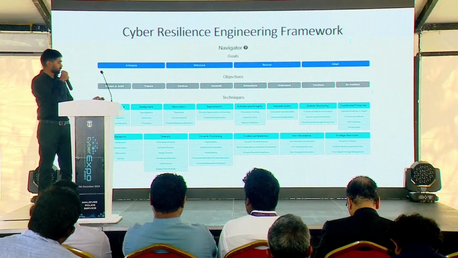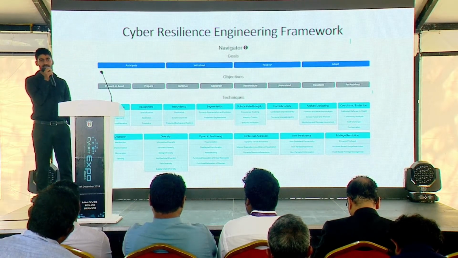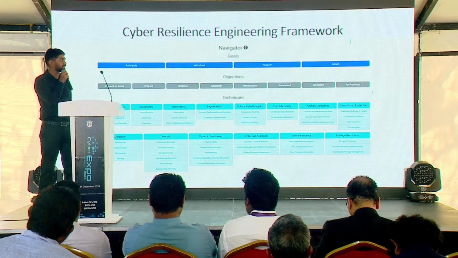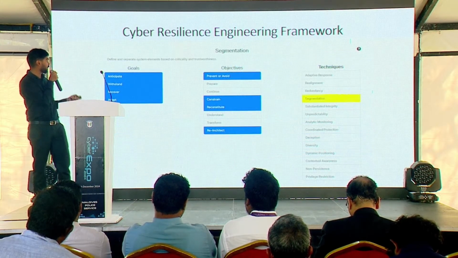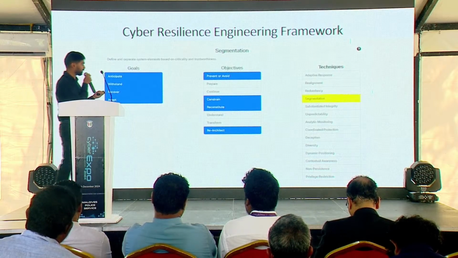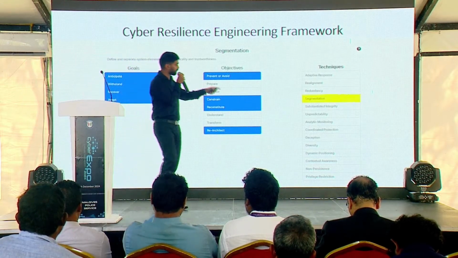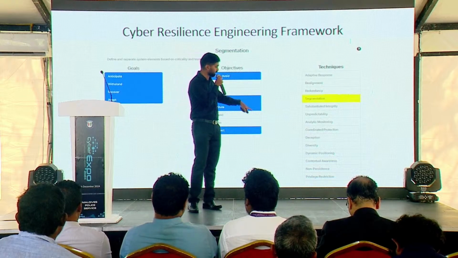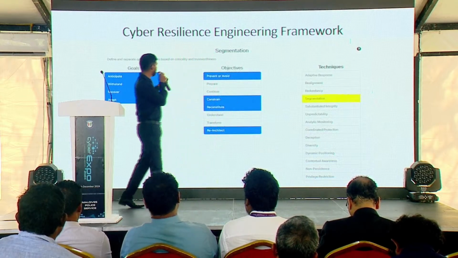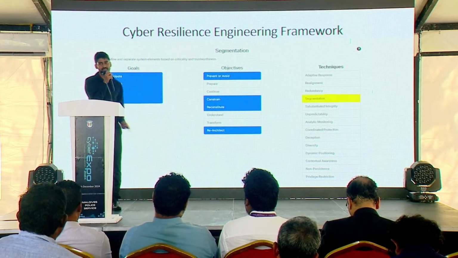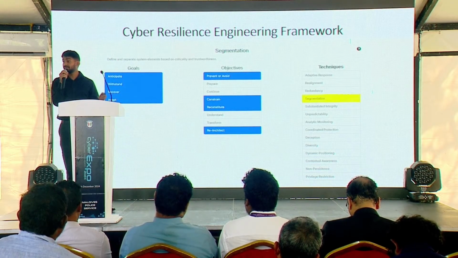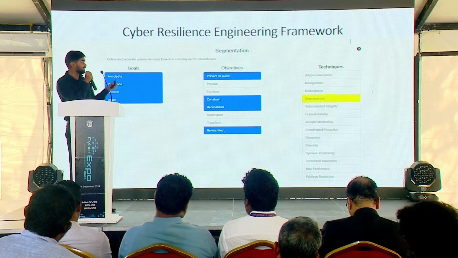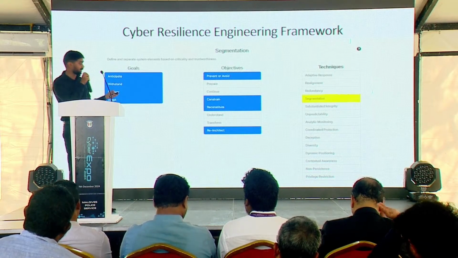I'm not going to go too much in depth into it. If you're interested in implementing CREF, cyber resiliency, you could reach out to me. And in CREF, you have objectives. You could see whether you can look at the techniques. If you are interested in a specific technique, you can go into it. It will show which are the goals and objectives you need to look into. And it also does mapping. You can go into the CREF Navigator website. You can easily skim through the same thing. It is developed by MITRE.